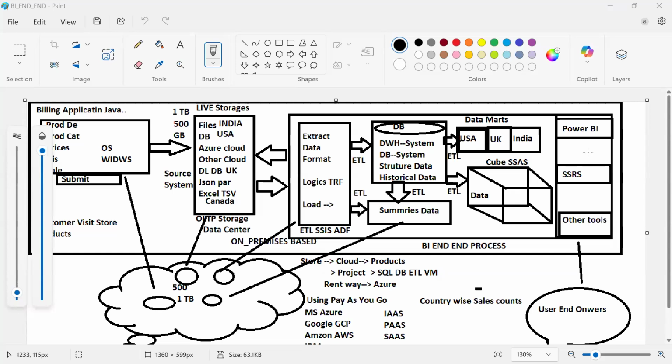Whatever the format that we have, we will be converting and processing it into meaningful information. By using different Azure services, with those services we are doing an end-to-end BA project.